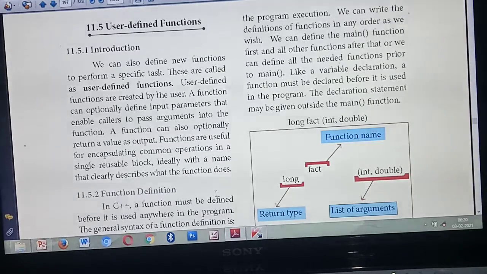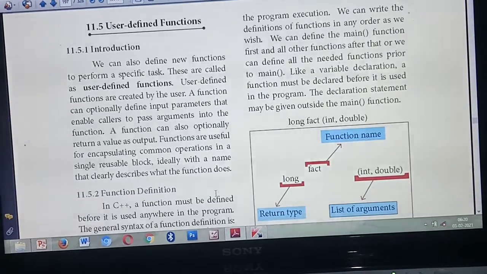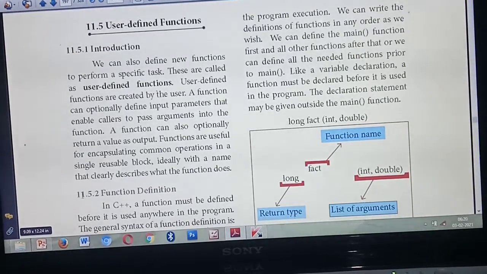If you define some function, you can use that same function in some other place also. So we can say this kind of function is a reusable block. What do you mean by reusable? It can be used again and again. Otherwise you would write the same number of lines of code in other places also. Wherever you require it, you can implement it. That is called a reusable block. How do you get that function in another place? Using the function name.